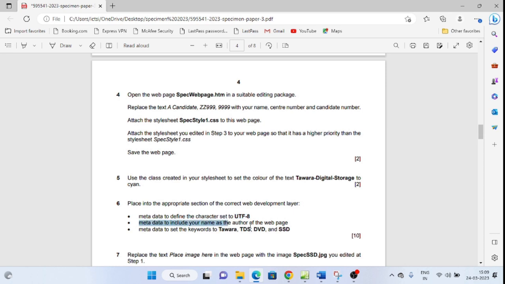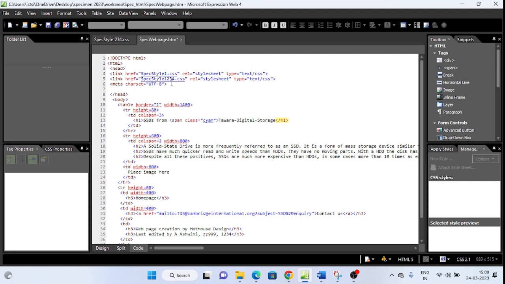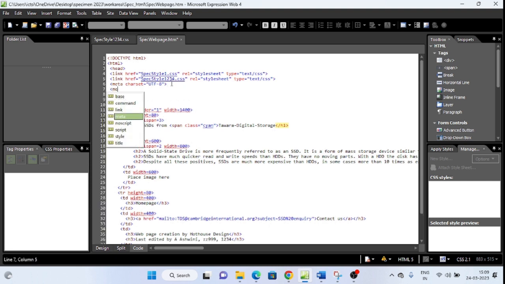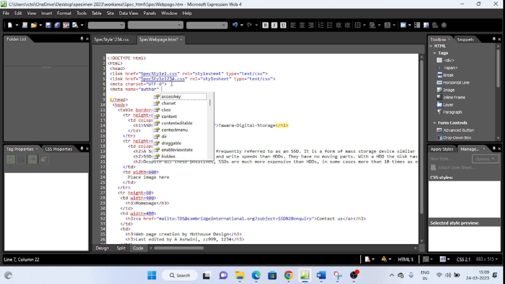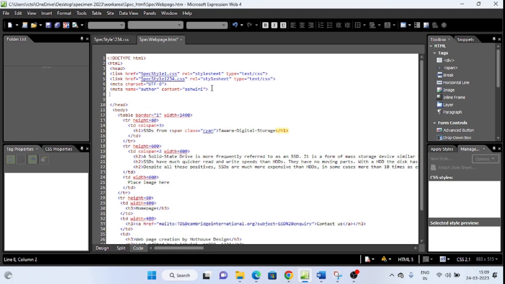Next, metadata to include your name as the author of the web page. So metadata to include your name as the author. For that, meta tag again, then name as author, and content will be your name because you have to add content as your name. Done. And then meta tag close.